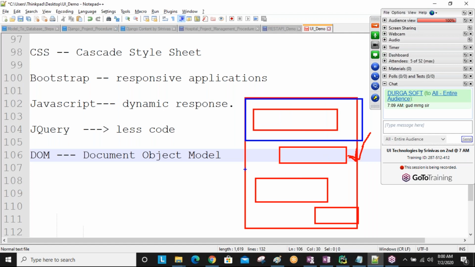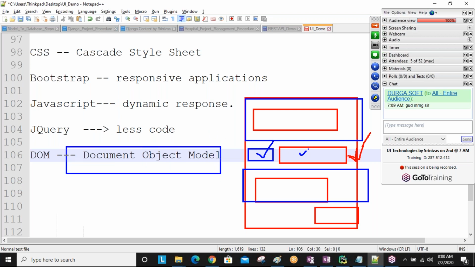Below this designing I want to do something. Like that, here also something is there, at the parallel level. You can select one element or one place, and around that place, whatever you want to do, you can do easily by using DOM related concepts.